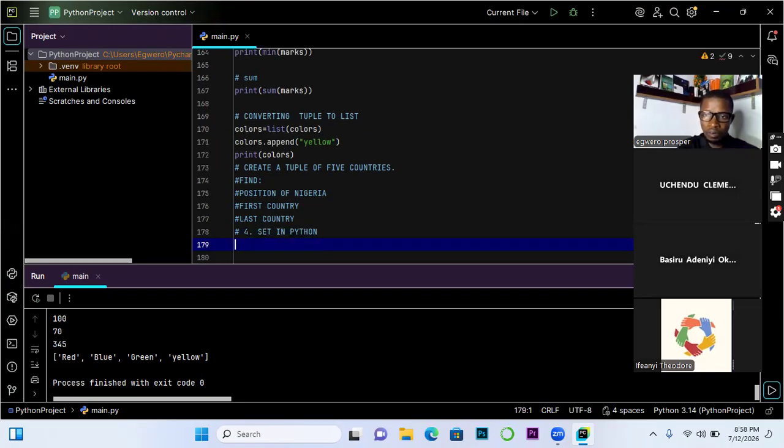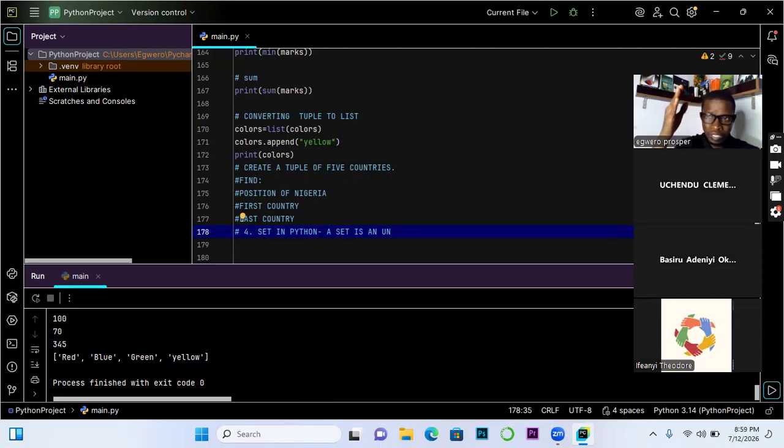Set is something that some of us have already learned in mathematics. So how do we define a set? Let me not assume. A set is an unordered collection of unique elements.